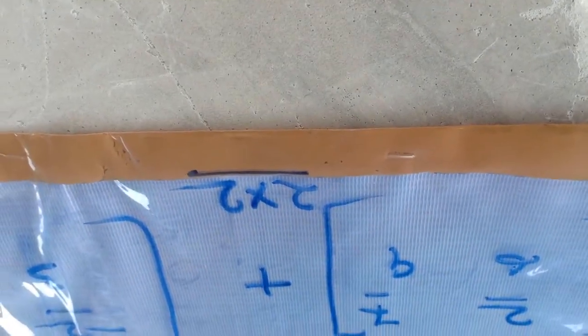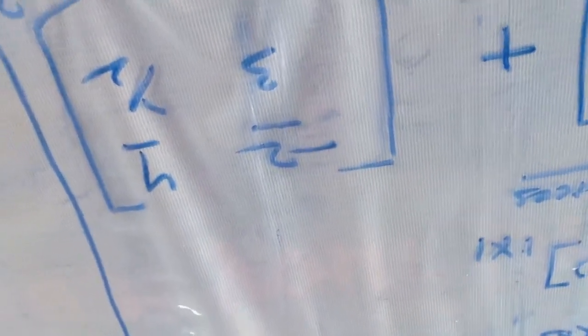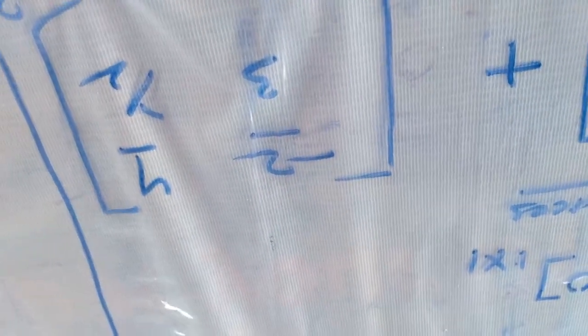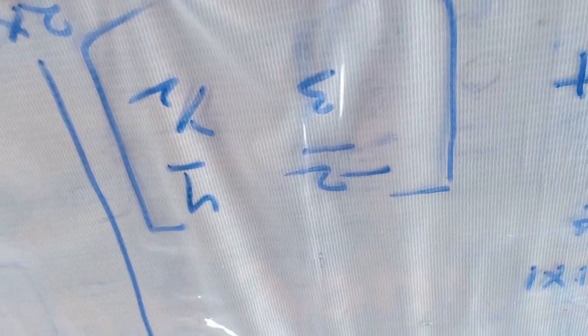The condition is that the two matrices must have the same order. If you are going to continue the addition, they must have the same order, and the result will also have the same order. This is the addition of matrices. We will discuss addition, subtraction and multiplication, then we will go for the properties of these matrices, addition properties, multiplication properties also. Okay, let us discuss addition and subtraction first, then we will go to properties. Subtraction is the same way. Suppose I give another example of addition, then I will go for subtraction.